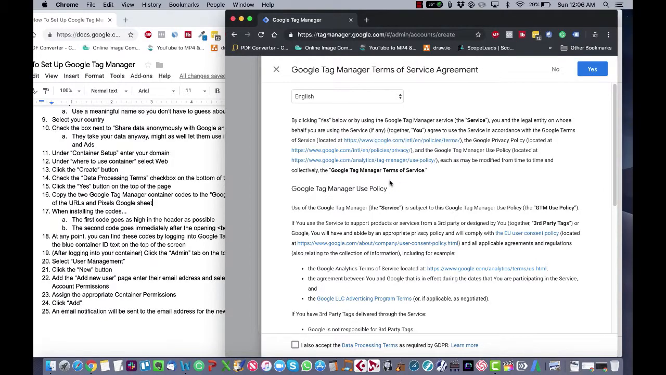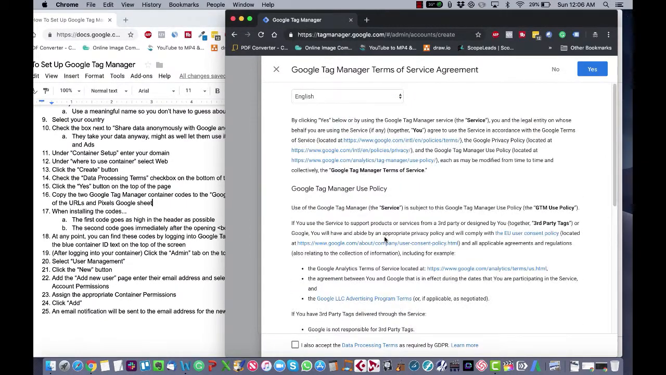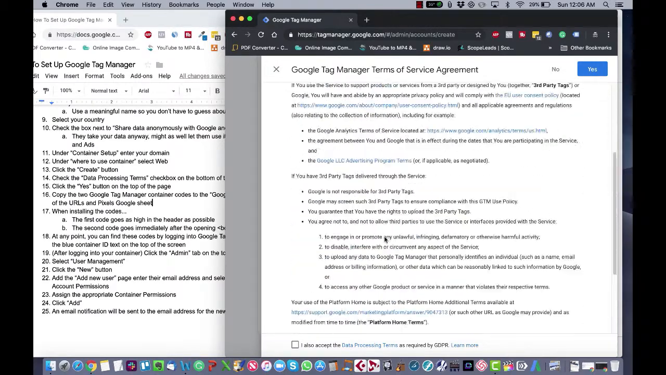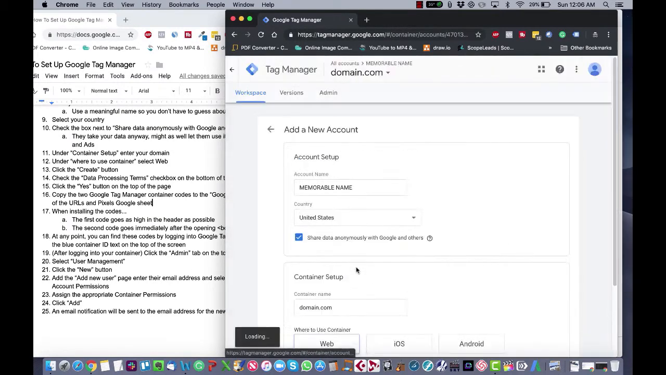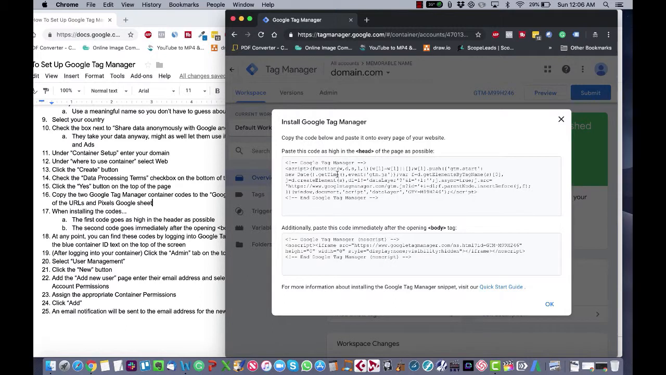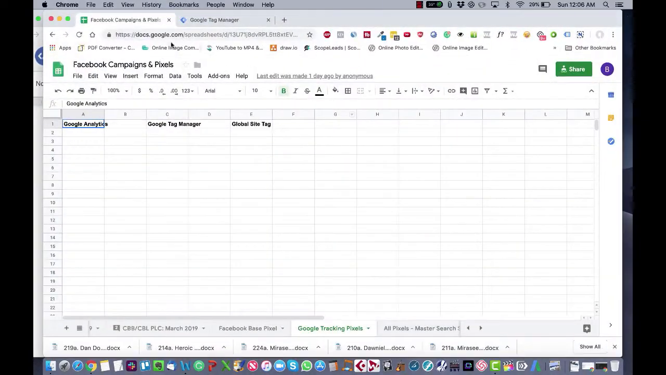Then there's this terms of service, so you can read this whole thing if you'd like. It's actually not the craziest one that you'll ever see. It's pretty short, manageable. Check this box that says you also accept the data processing terms, and then click on the yes button, and then you'll be inside your new account. Now here you will immediately be given the two codes that you need to install. So what we're going to do right away, just so we don't lose anything, is we're going to open up